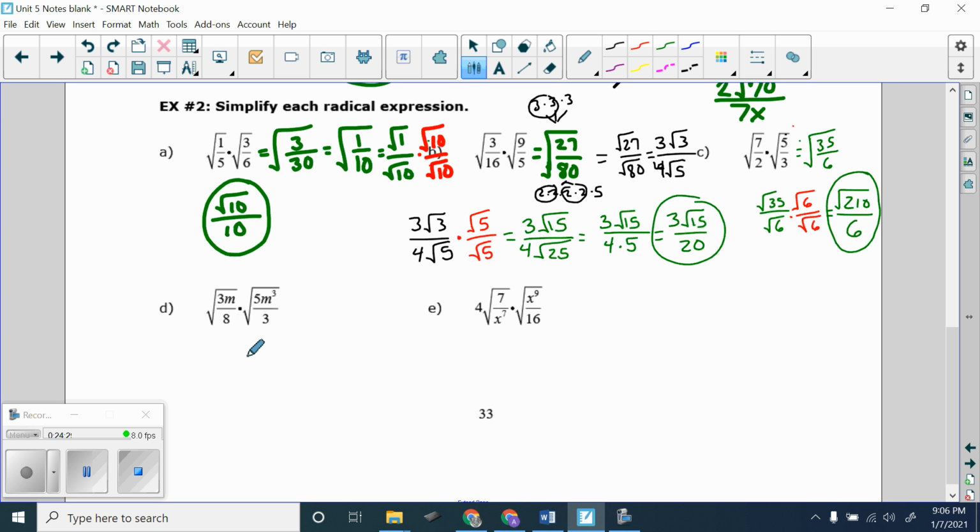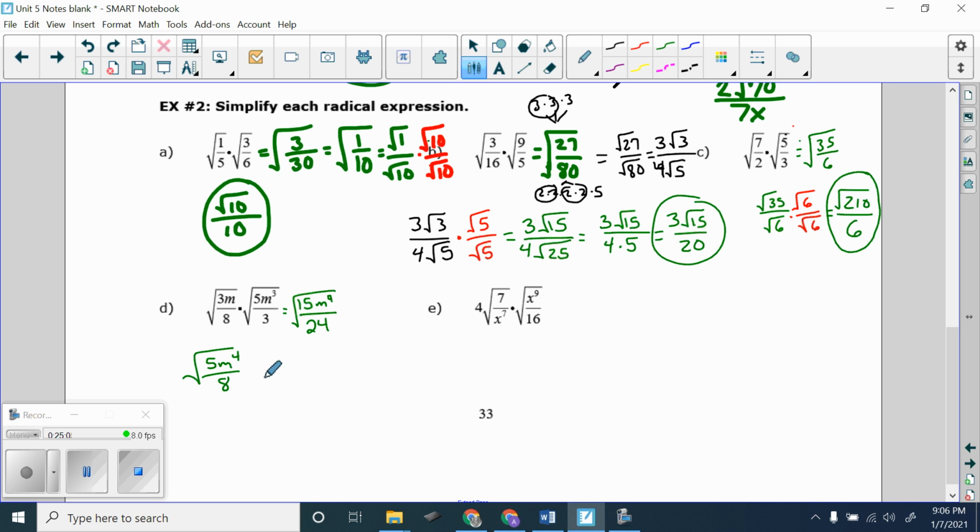All right, let's try one with variables. This next one has a 3m and an 8, can't be simplified. 5m to the third over 3 can't be simplified. So we're just going to put them together. Top is 15. M to the third, m is m to the fourth. The bottom is 8 times 3. But these can be simplified. The 15 and the 24 can be simplified. So I'm going to simplify those, and it becomes 5m to the fourth